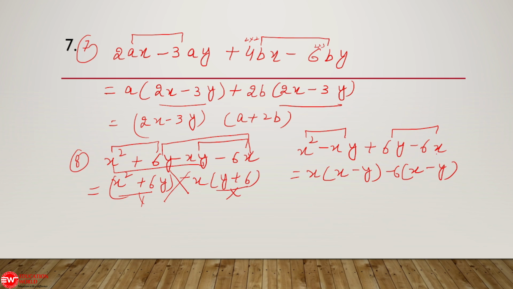Is that clear? Why I have taken minus common? If you see in the first bracket, x is positive. Any term's sign is on the left hand side of the term. So here it is positive sign and y negative, but here y is positive, x is negative. So that is why I have taken negative common, to change the signs of the terms. Now the brackets are the same, you can see here. So x minus y, inside x, directly you have taken, so minus 6. So one more question we will do.